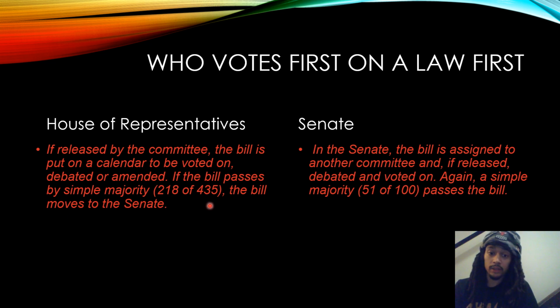218 to 435 people, and it's a selected group. It's elected officials. So in the Senate, the bill is assigned to another committee, and if released, debated and voted on. If again a simple majority, 51 of 100, passes the bill,